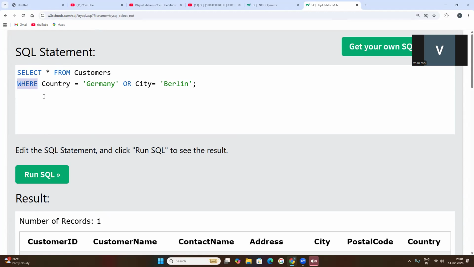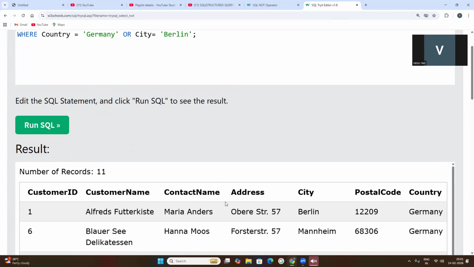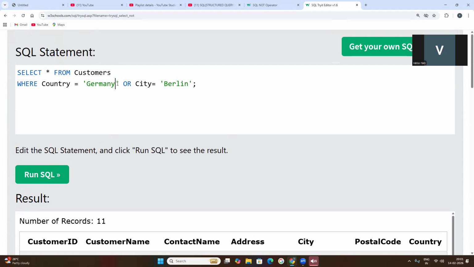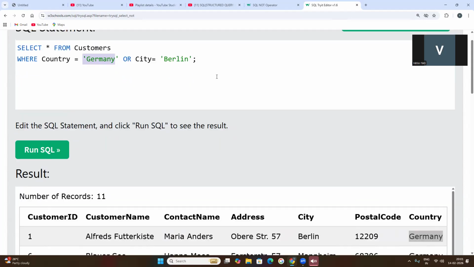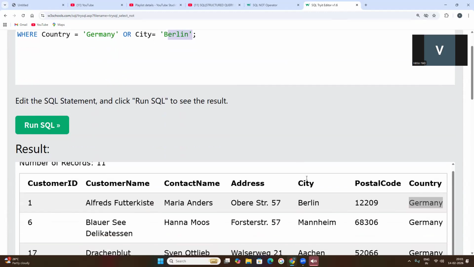The WHERE clause will be used to filter the records where country name is Germany or city is equal to Berlin. So if any one condition is satisfied, country is equal to Germany or city is equal to Berlin. Let us see what happened here. Any records? See, either any one condition is satisfied. Germany, Berlin, where Berlin,